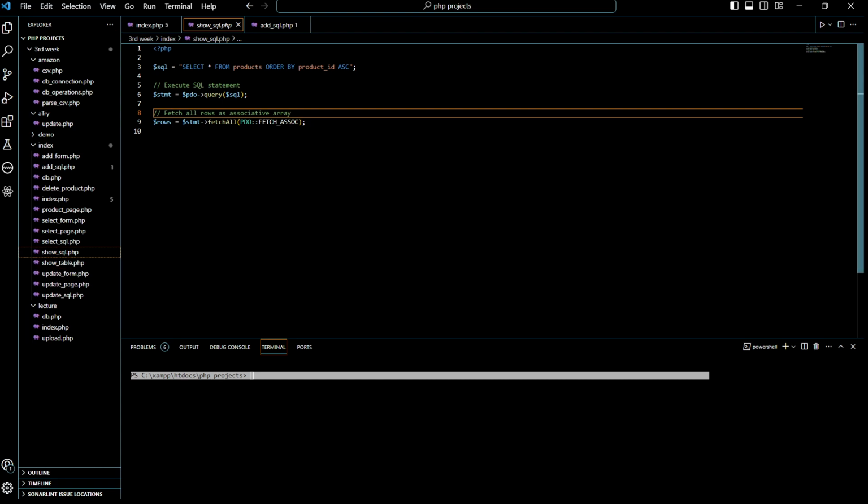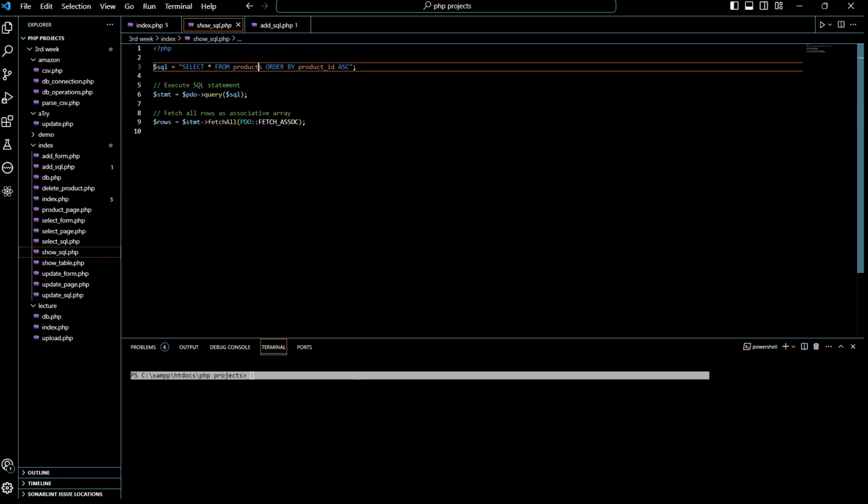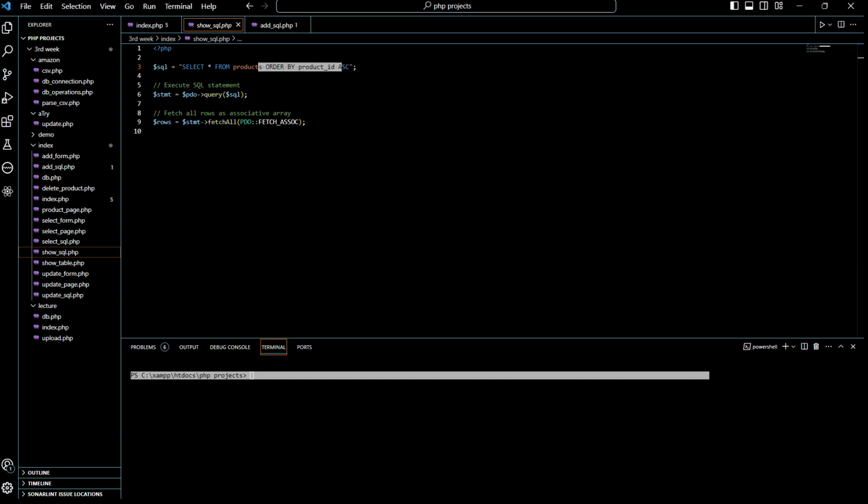In the SQL they have the query: select all columns from products order by product ID. I put order by product ID because